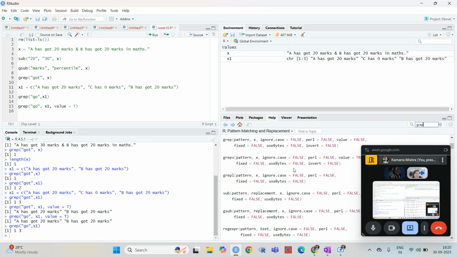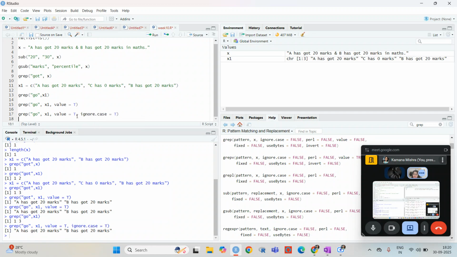We are not going to use these, so you can see that all are false. We can write it and see what difference it makes. So if I write ignore.case as true,